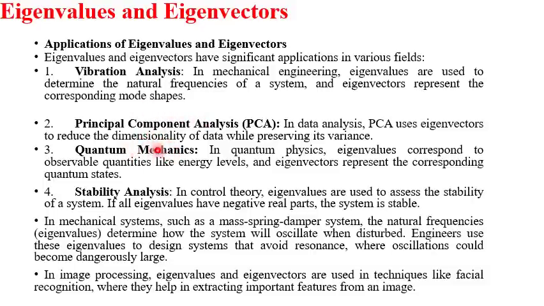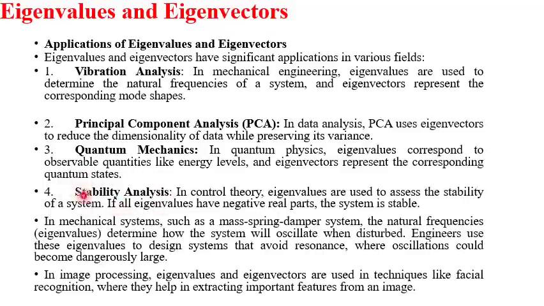Also in quantum mechanics, say quantum physics, eigenvalues correspond to observable quantities like energy levels, and the eigenvector represents the corresponding quantum states. Of course, it is also useful in principal component analysis. It is also very applicable in system